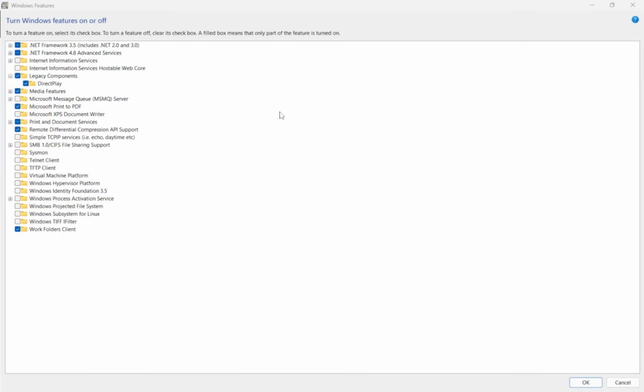You have now enabled Direct Play in Windows 11 using both the graphical menu and a command,